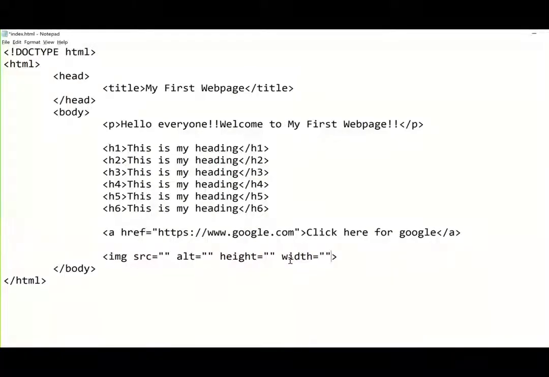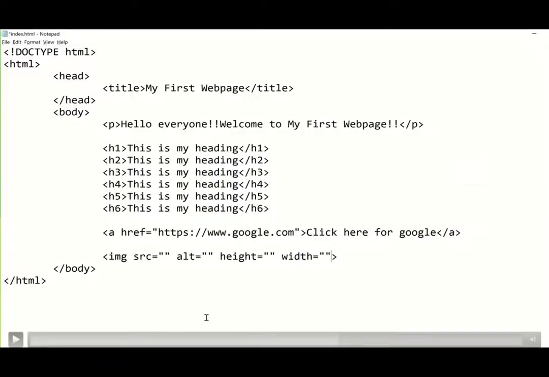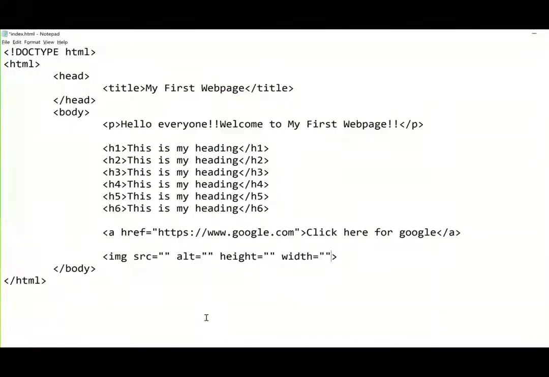And I have downloaded an image on my laptop. Here, just to remember, save the image file in the same location as the HTML file, or you have to give the proper address of the image location in the source attribute. Otherwise, the HTML file won't detect the image and it will not display it in the browser.